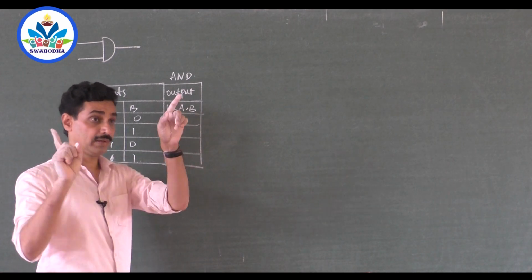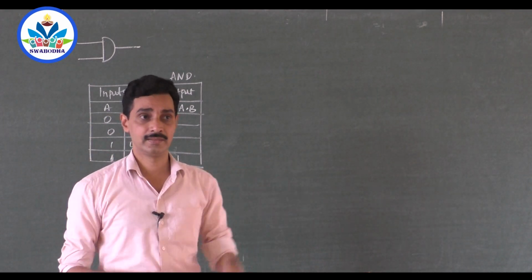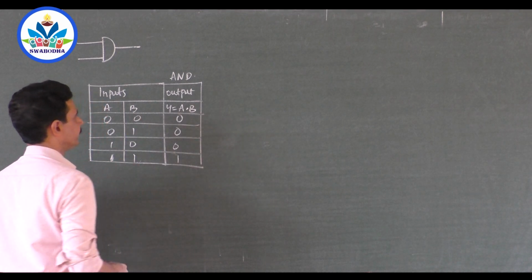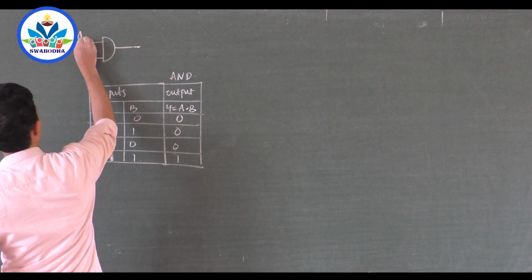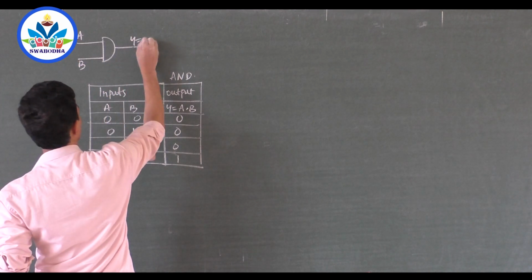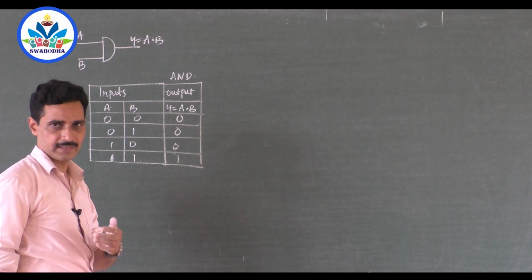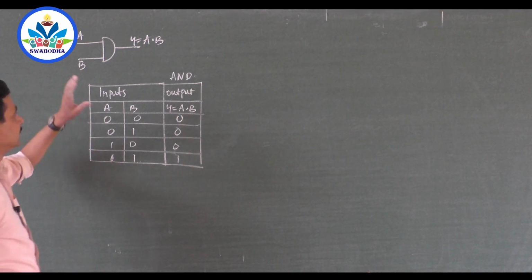You know that. Only when both the switches are on, you will get the circuit on, because switches are in series. If one switch is off, gone. 0, 0, 0. Now, what is NAND? This is AND. A, B, Y is equal to A dot B. One thing you can do, you can write it along with me. Better you write it along with me, otherwise you will never follow it. This is A dot B.